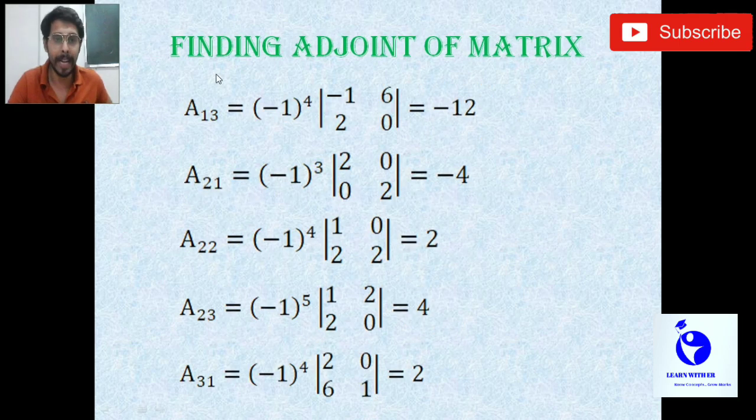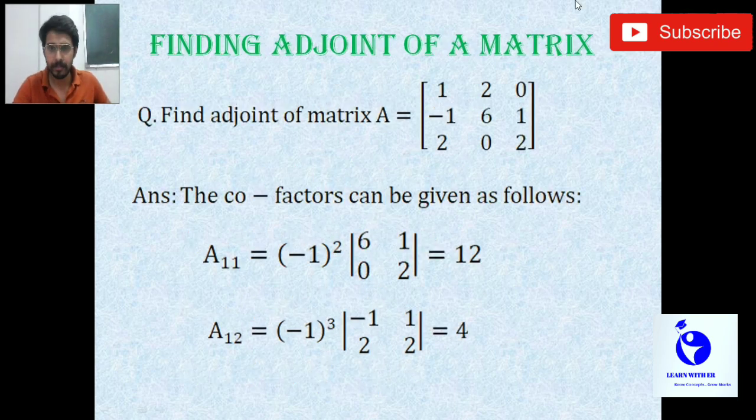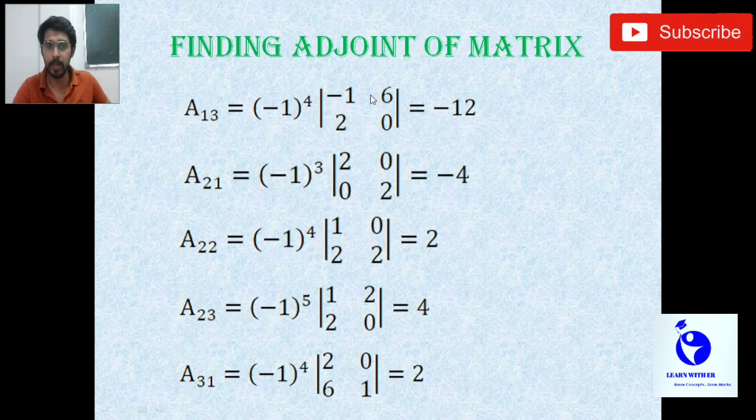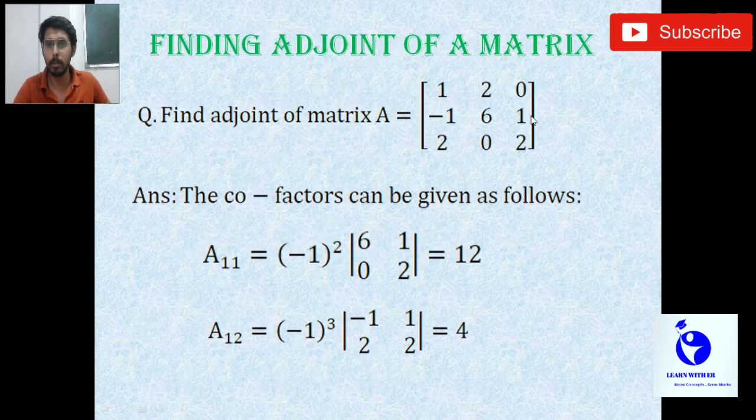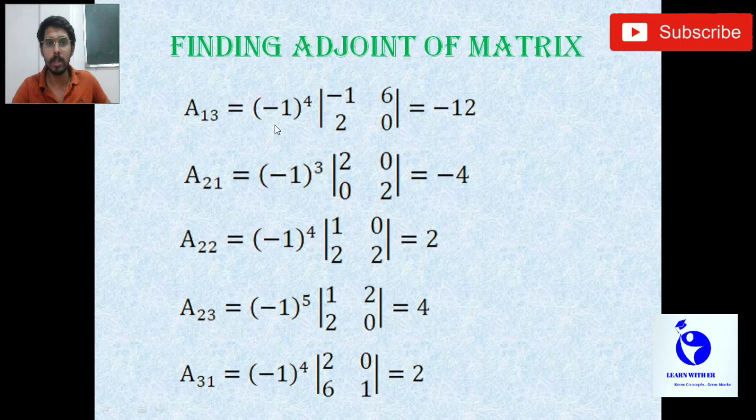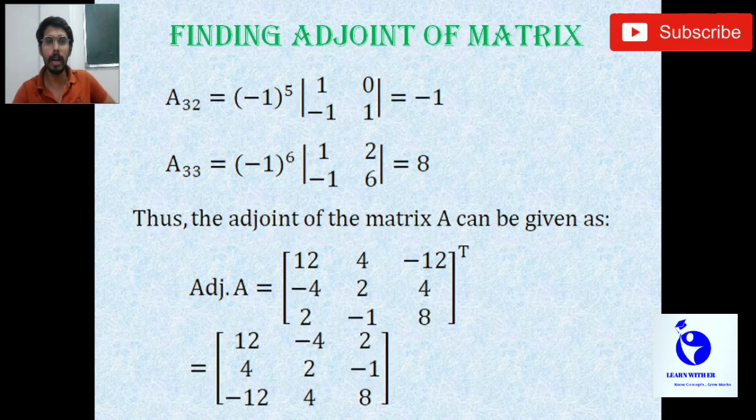So similarly we are finding out all the other cofactors. For A13, which is the third element in the first row, again similar things: we are putting the minor of this one with -1 to the power 1 plus 3. Again A21, which will be second row first column. This is row number 2, this is first column. So we are talking about this particular element. Like this we are doing the cofactors of all the elements. I have already given the cofactors of all the elements. You just need to use the formula and find out every cofactor of every element. So like this we have found out all the cofactors.